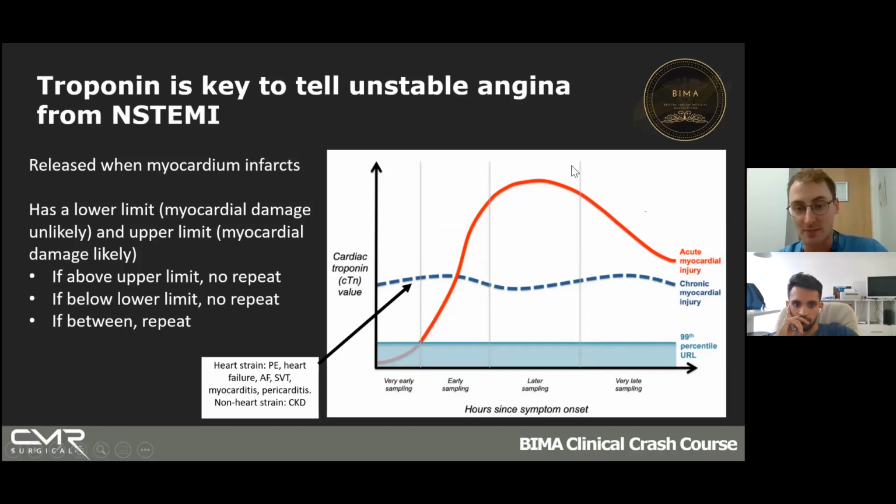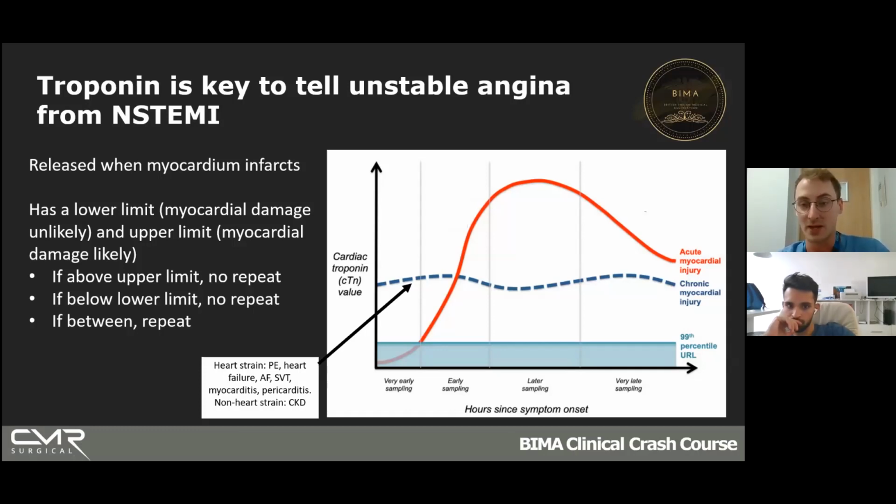When myocardium dies, what you get is represented by the red line on this graph. So you get a very sharp rise in your troponin that can go up into thousands and tens of thousands. It's like off the scale. And it settles slowly over 2 weeks. And the use of that is you can do repeat measurements of your troponin to show that cells are actively dying. So let's say you take a troponin, it's a little bit raised. It could be some other things as well, which we'll talk about in a little bit. What you can do to confirm your diagnosis is wait 3 hours, do it again, and if your troponin shot up, it means that there's still cells dying and more troponin's leaking into your blood, which indicates an acute coronary syndrome, i.e. an NSTEMI or a STEMI.